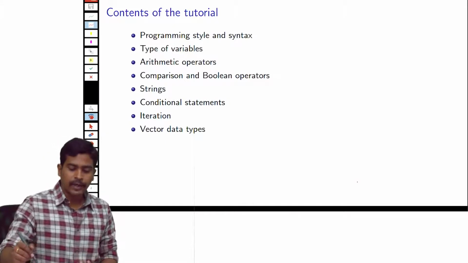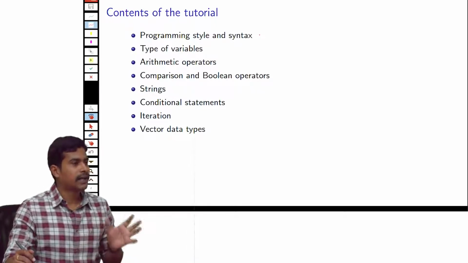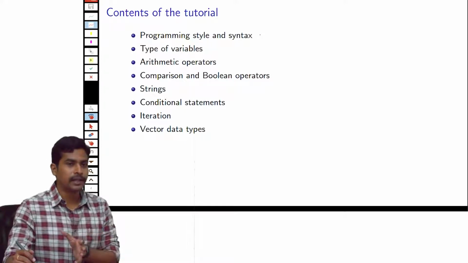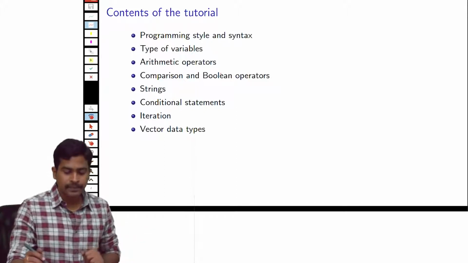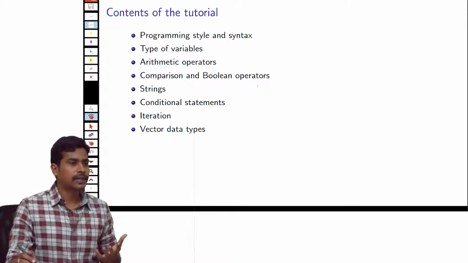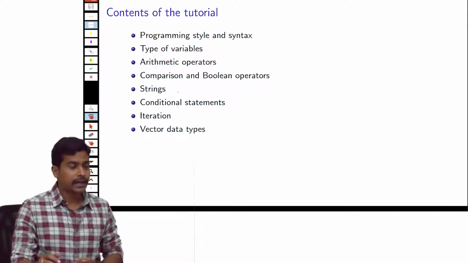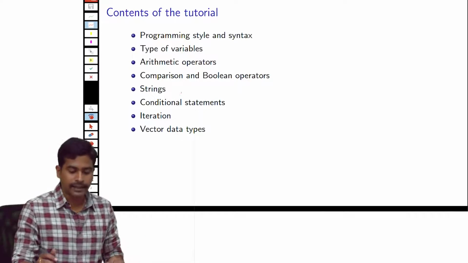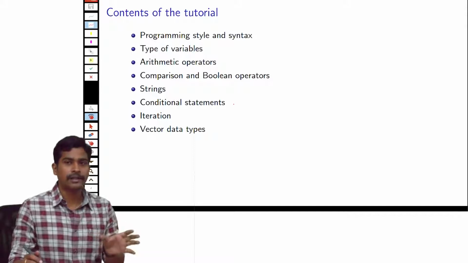These are the important topics that I'll be covering in today's tutorial. The basic programming style of Python, and the different types of variables like integers, floats and booleans, and the arithmetic operations on these variables like adding two numbers, division, multiplication. We need comparison operations to see if a number is greater than or less than a given number, strings to give some sentences, and conditional statements to see if a given condition is true or false.